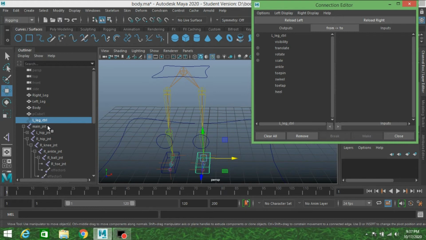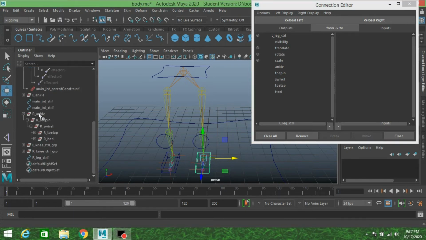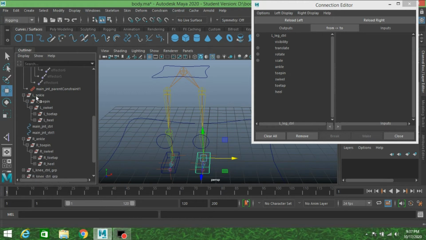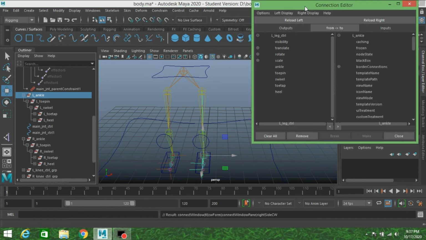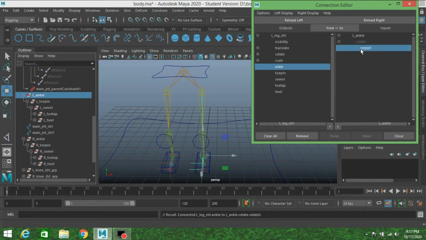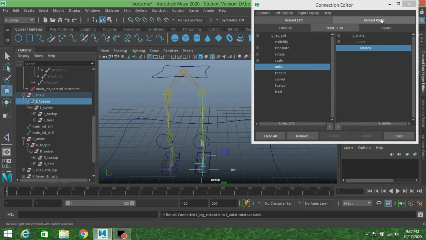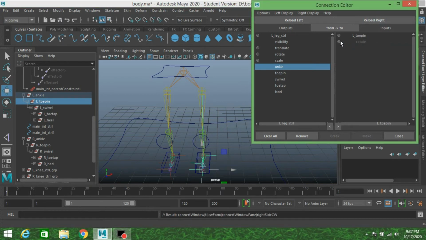Only keyable, left leg controller, show left ankle, click reload right, display only keyable, select ankle and connect it to the rotate X and select the toe pin, click reload right, connected to the rotate X.